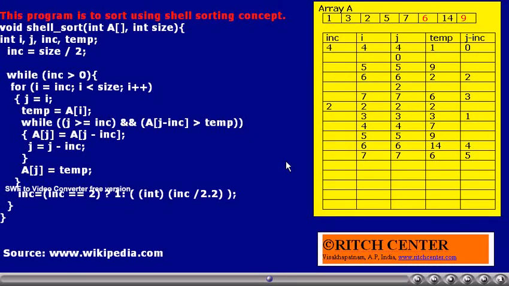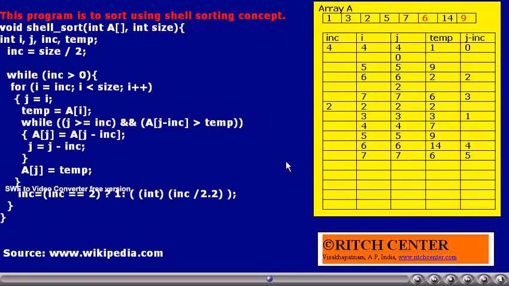Now if you observe, the elements whose indexes are 0, 2, 4, 6, they are in ascending order. That is 1, 2, 7, 14.